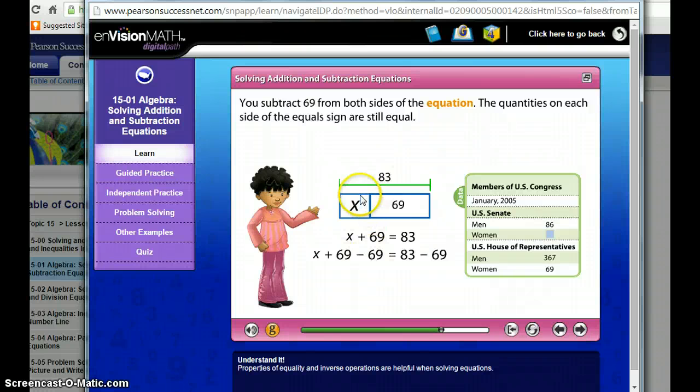But when we saw this picture, it was easy for us to see 83 minus 69 to figure out what x is. When it is shown to you as an equation like this, an addition equation, x plus 69 equals 83, we want to know what x equals. You know when you're done because it's going to say x equals whatever. Okay? So, if our equation was x plus 69, I'm going to write it over here on the board,